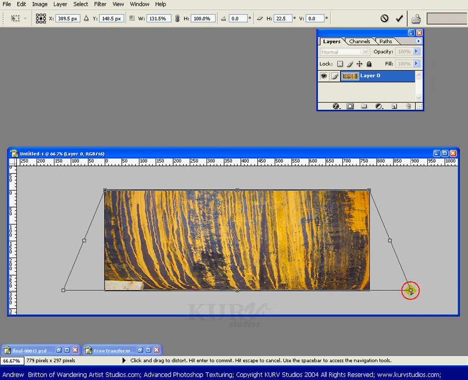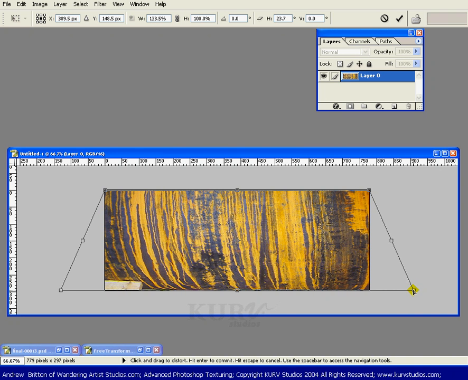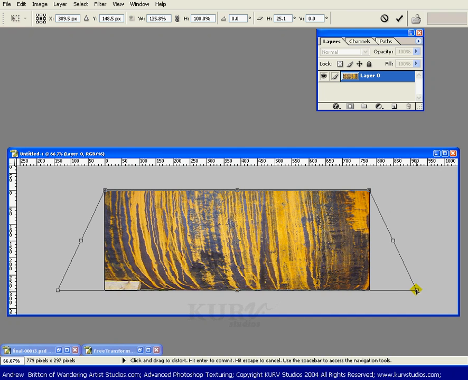So they're all pointing about the same degree. Maybe pull them out just a little bit more. Yeah, so they're all pretty much pointing in that direction, mostly down, a little bit off to the right. What I need to do now is, I'll go ahead and hit enter,